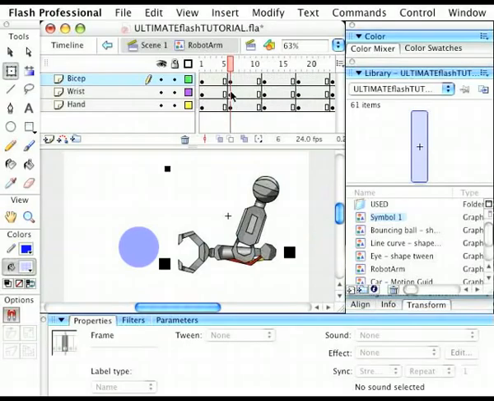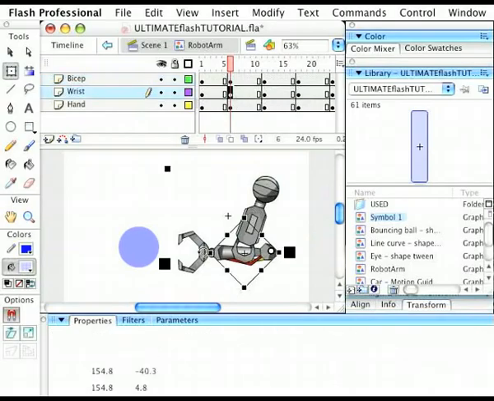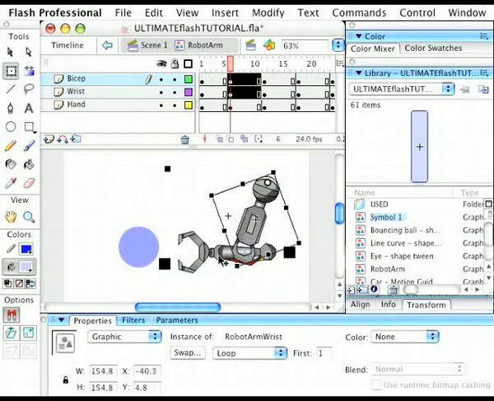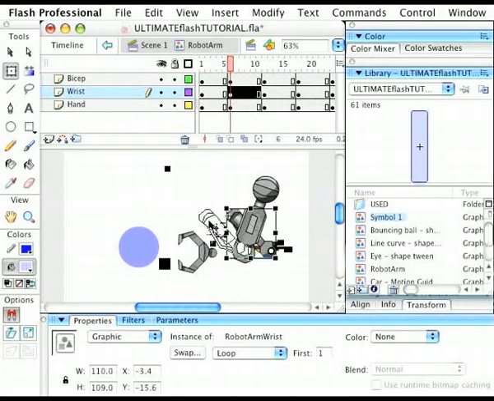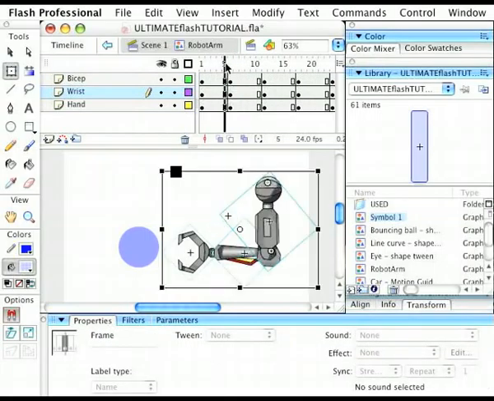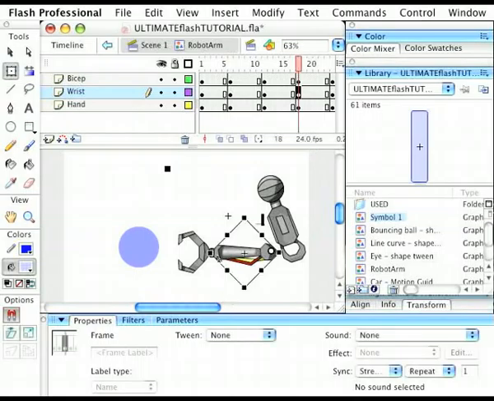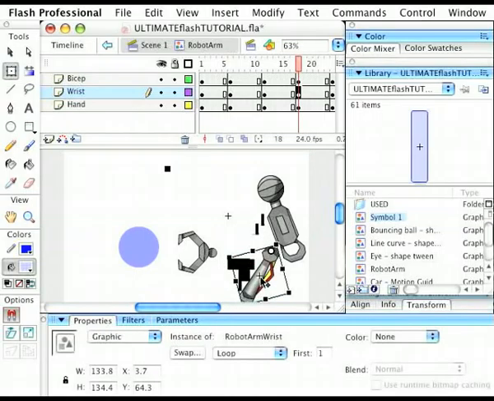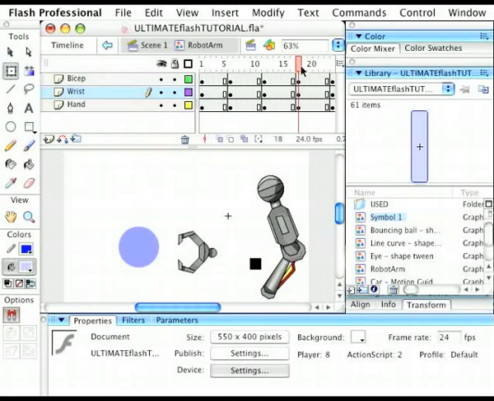And next I'll worry about the wrist. You can see how the centre of rotation changes between these symbols. So as it's moving up, I want to move the forearm in, and then I'll just line up this point so it snaps to the same sort of point where it joins at the elbow, and then back in this case. And if you need to move a symbol with the arrows, you can use your arrow keys once it's selected, and if you hold shift you can move a greater distance each time. So now I've got